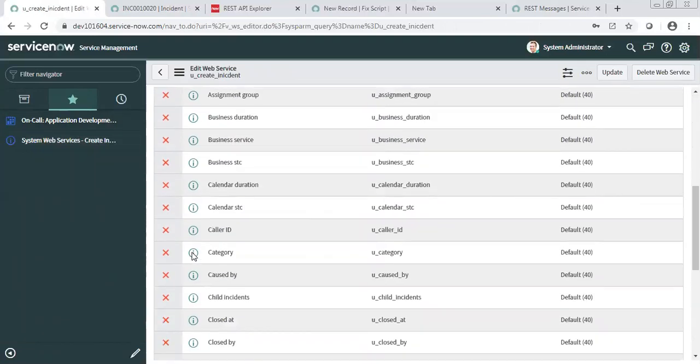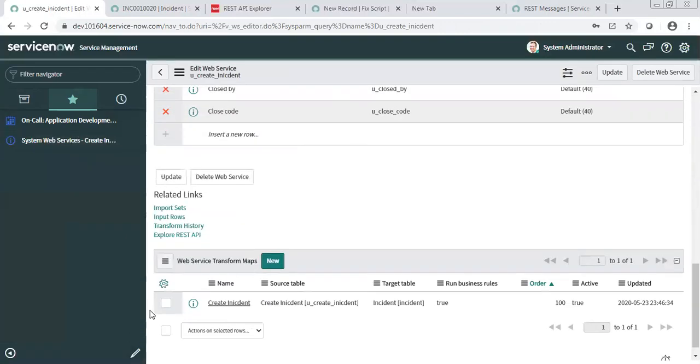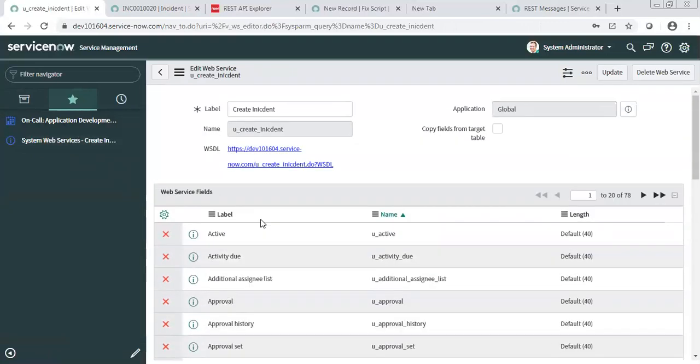We shared the REST. But if you want to integrate through SOAP, then you can use this WSDL. If they are going to support SOAP and not REST, then instead of the endpoint you need to use this WSDL URL. That's all.